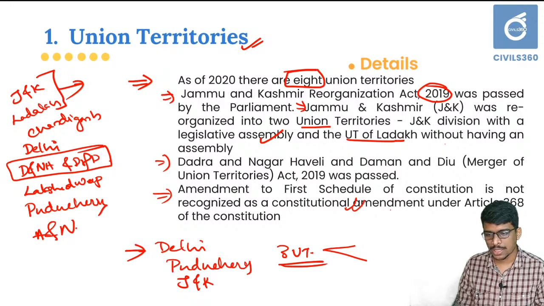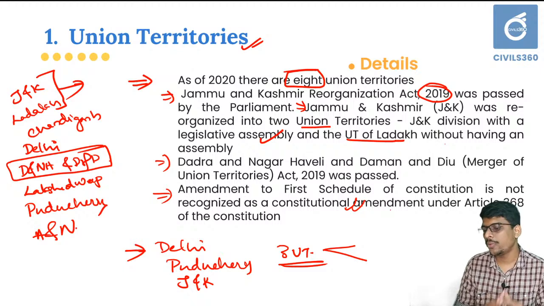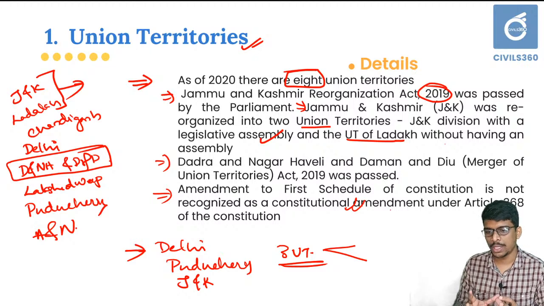That is union territories. In relation to this, you should also understand the roles played by lieutenant governors, the roles played by the president, the powers of the legislative assembly in the union territories, and how the election is conducted. All those details should be learned. It is very critical for your prelims examination, because 2 major reforms have been introduced into the system of union territories. So it is very important for your prelims. Do go through the chapter on union territories in Laxmikant.